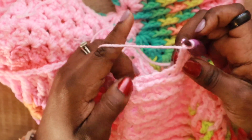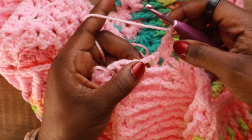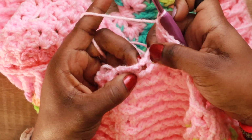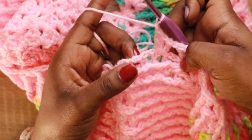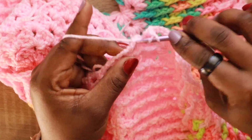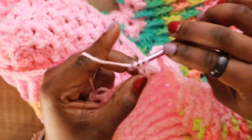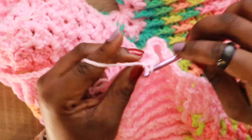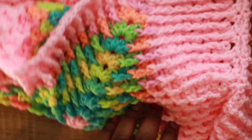and then chain 1, and then the space after these 3 clusters that you did right here, we're going to skip that space, and then we're going to put 3 double crochets into this space right here. 1, 2, and 3. Now we are at